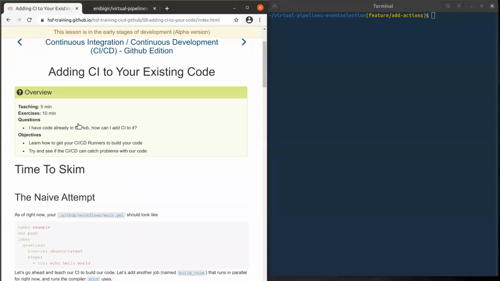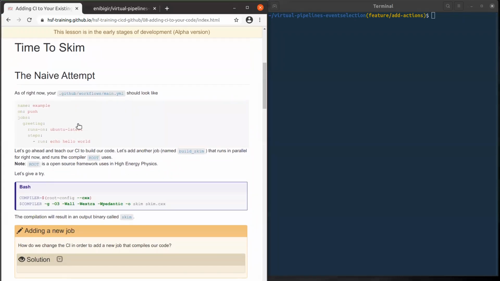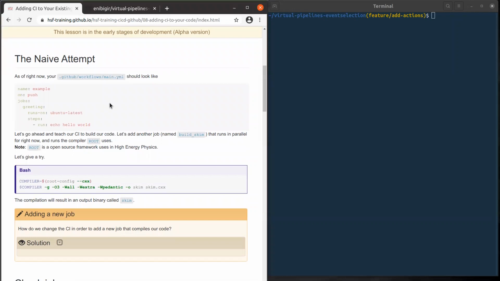Let's start here. What we will do, if you remember well, we stopped at this simple job, which had the name, and on the push it was just greeting, printing out echo hello world. We will now add a new job which will run in parallel with the greeting job,